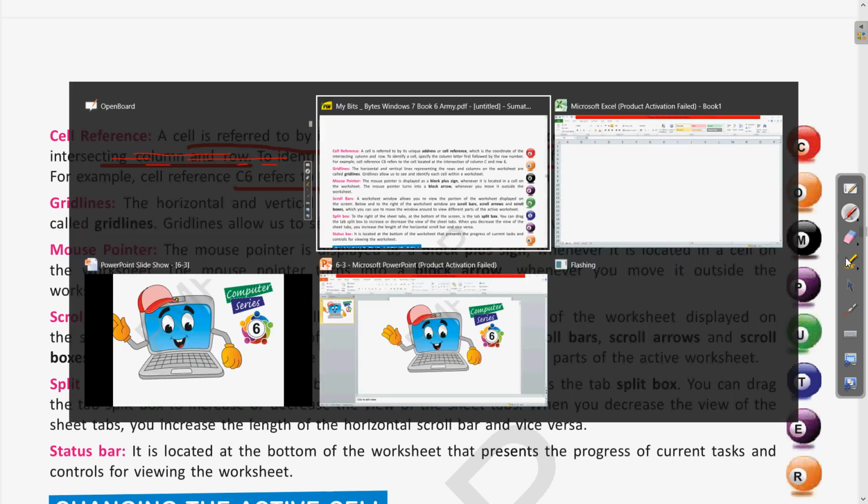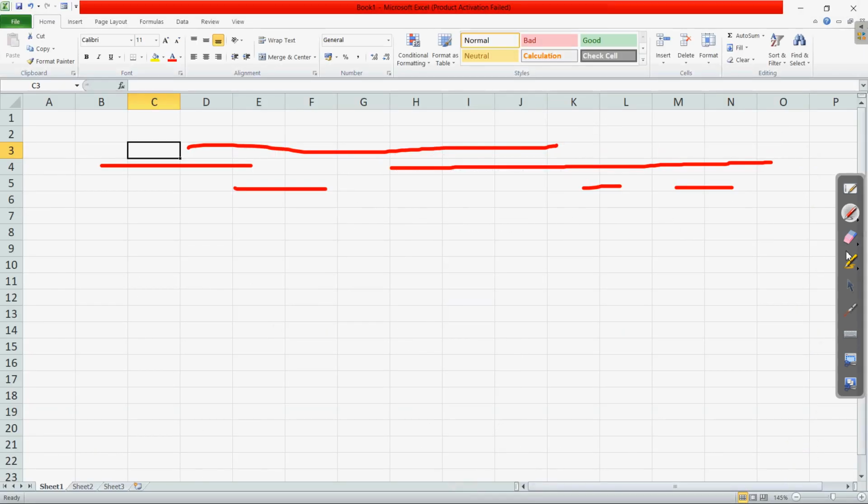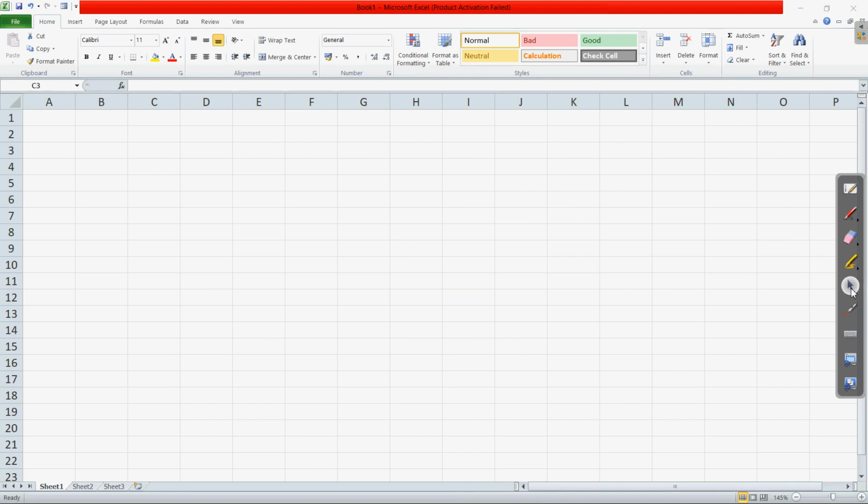If we come again to the Excel sheet, here we are talking about the cell reference. Cell reference basically means the address of any of the cells, which is denoted by first the column letter. Suppose I am clicking here. Right now the column is D and the row number is 4.